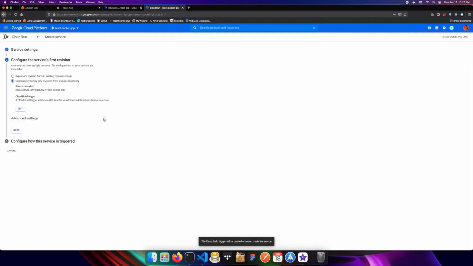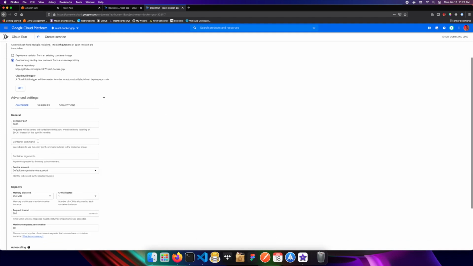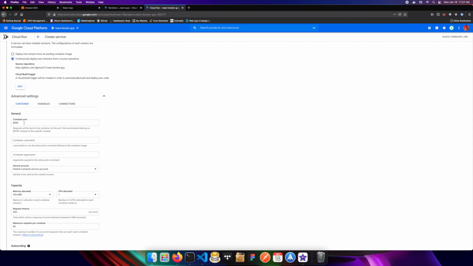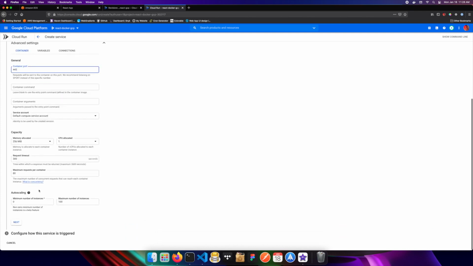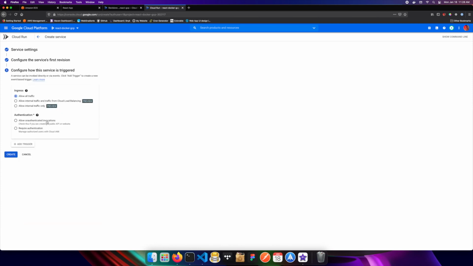And before we move on, I want to see the advanced settings. If you remember, we exposed port 443, so what we can do here is specify that our container port will be on port 443, and the rest of that is good. We can just leave it as is. We'll allow all traffic, and we will also allow unauthenticated invocations, meaning that anyone on the web can access this URL. Once we create that,